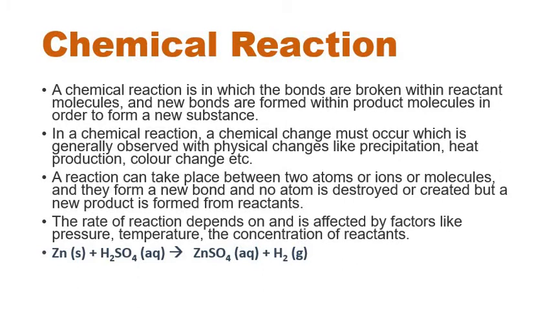Every day we must have observed some examples like melting of ice, boiling of water, curdling of milk, burning of paper, or rusting of iron. These are the changes we categorize. Some changes are physical changes, some are chemical changes. Chemical changes are permanent changes in which new chemical substances are formed with new chemical properties. The process of chemical change, or the change in the chemical nature, is called a chemical reaction.